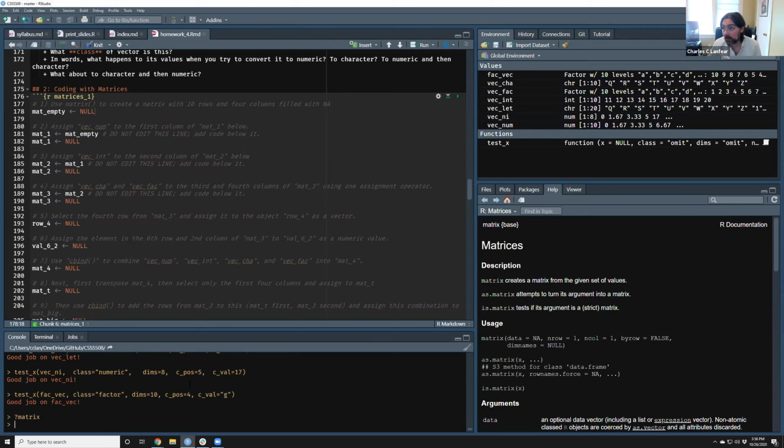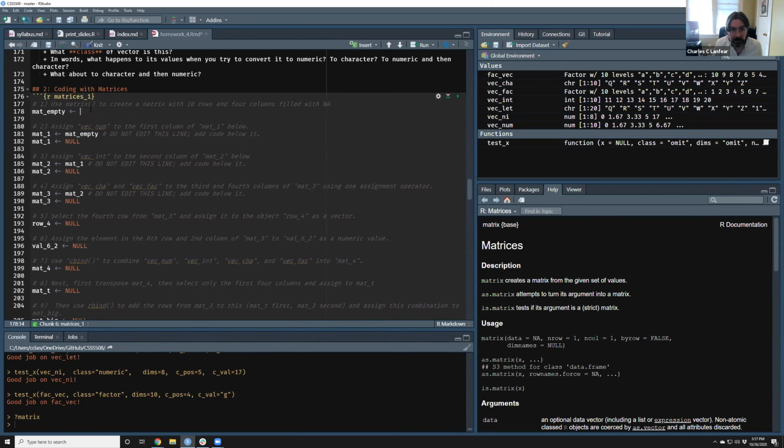The help files aren't always the most useful, but they're a good place to start if you're not sure how to do something. In this case, you'd look at matrix over here and see the matrix function, and then see it takes data, by default NA, a number of rows, a number of columns, byrow, dimnames, which would suggest the kind of things we might want to fill in for this.